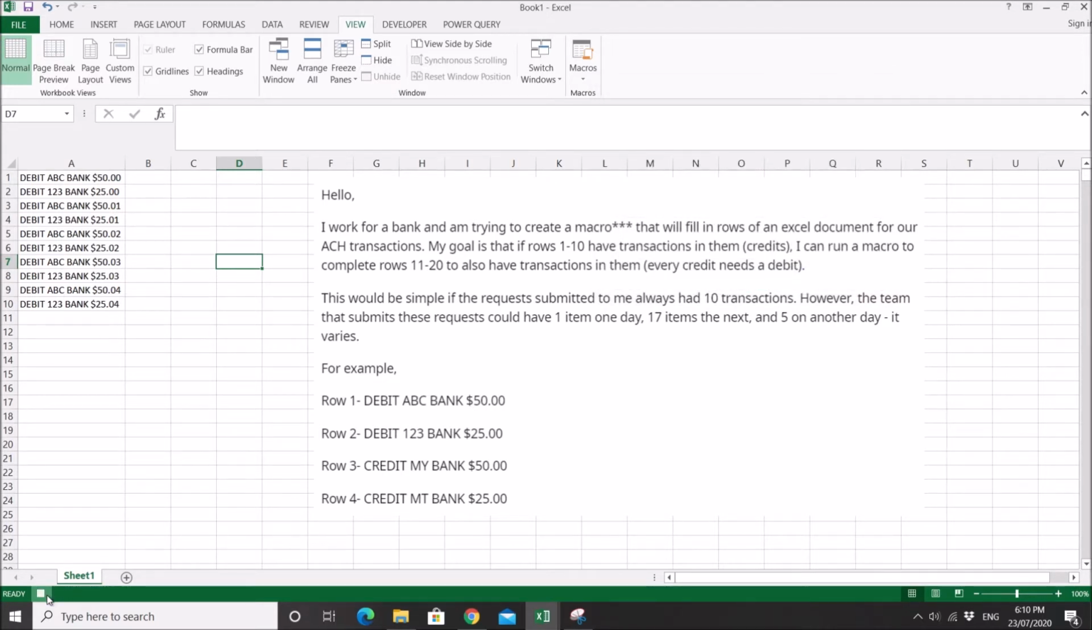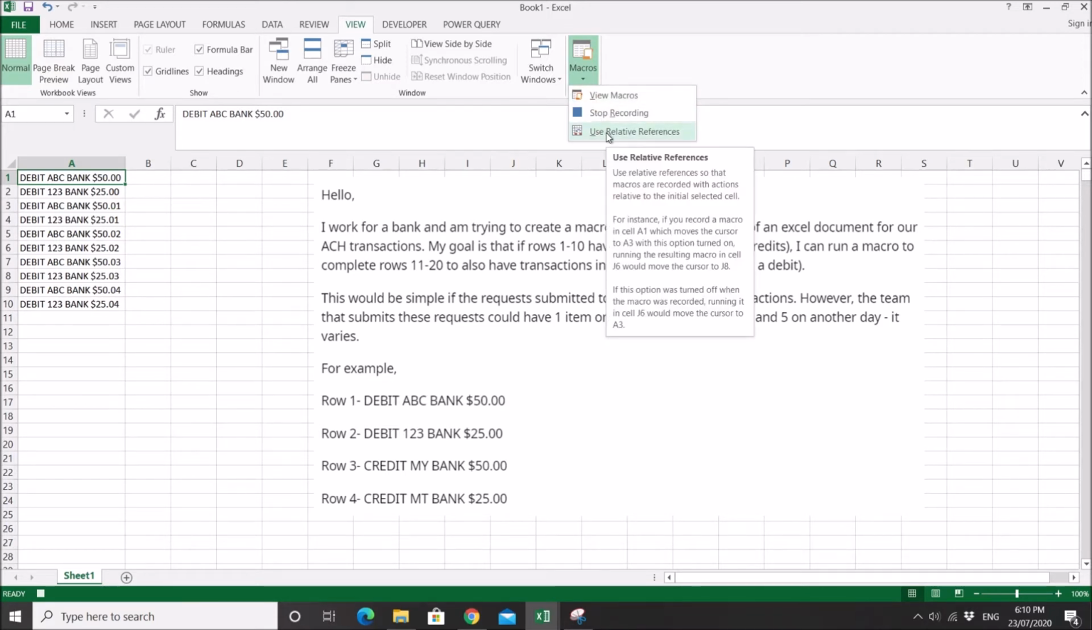So now it's recording. You can check on your bottom left. So you select cell A1. So now this is recorded, right? Select cell A1 is recorded. Then what you want to do is now tick use relative reference,